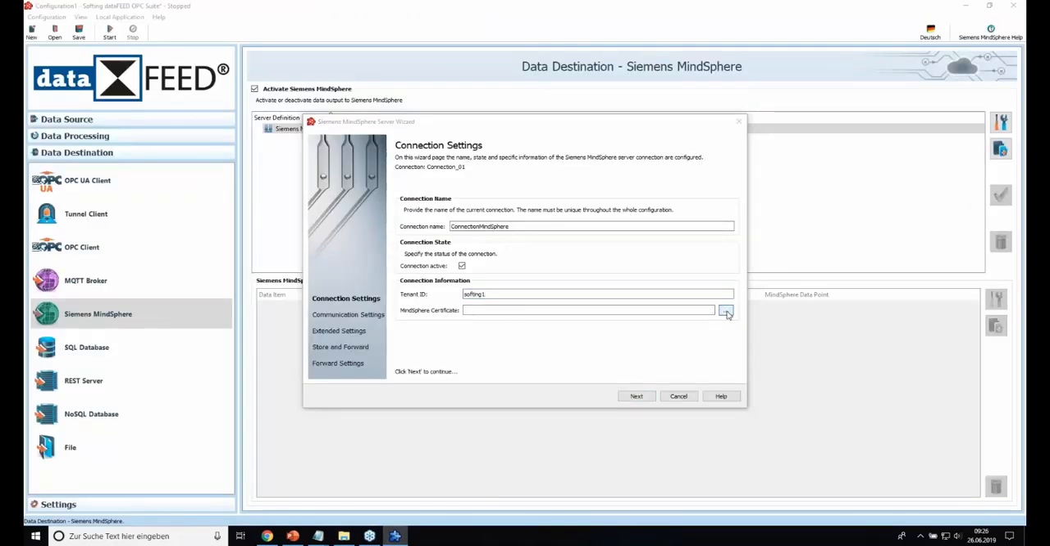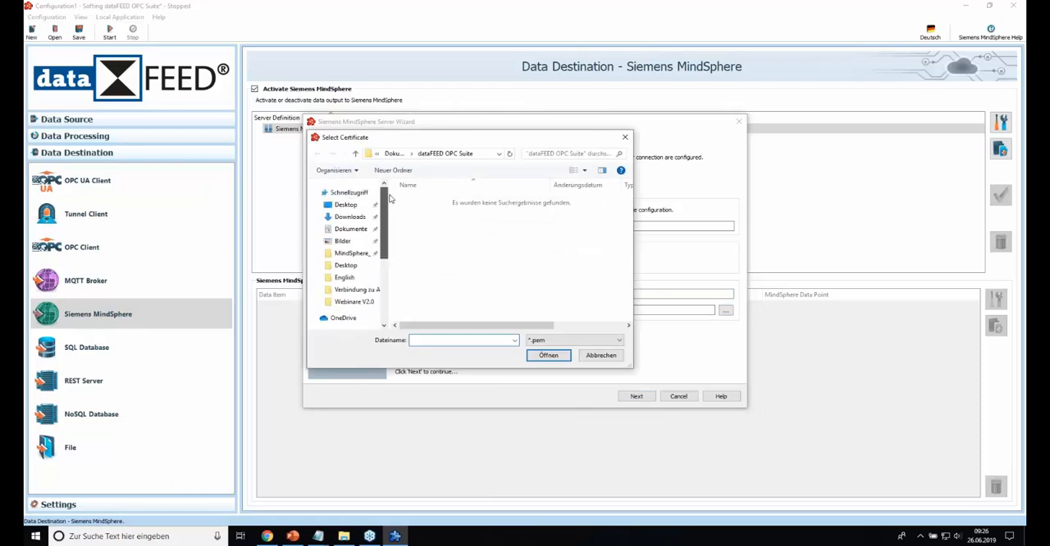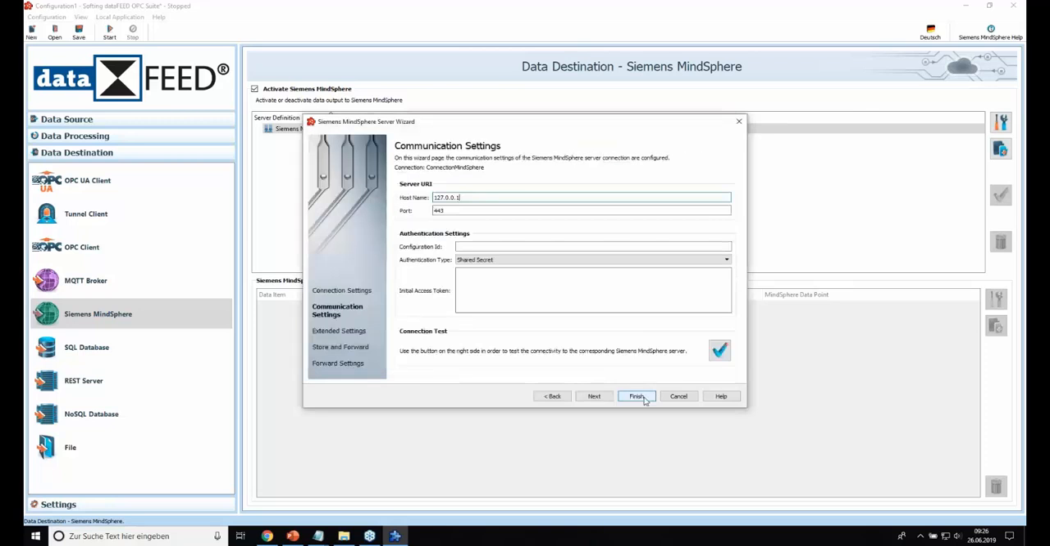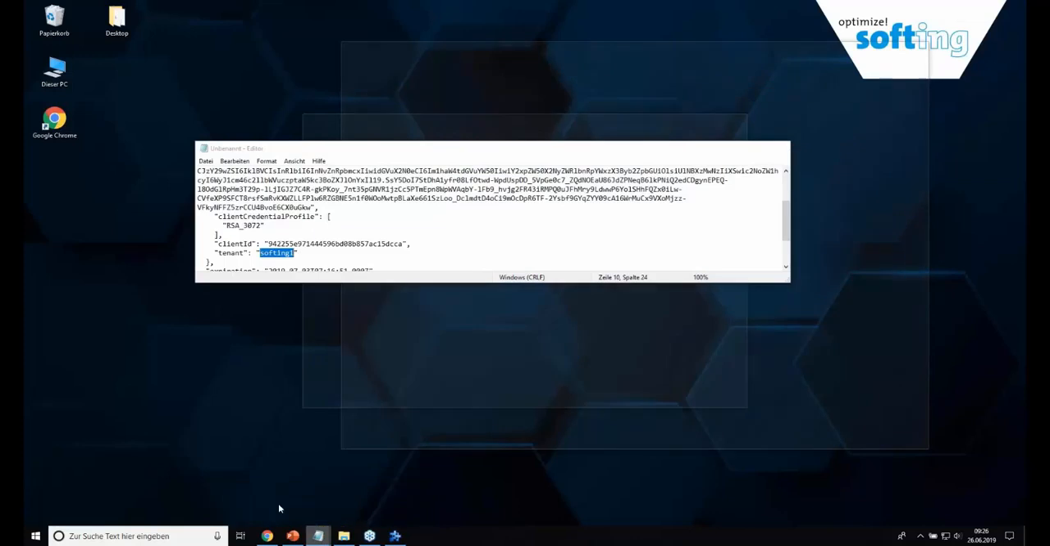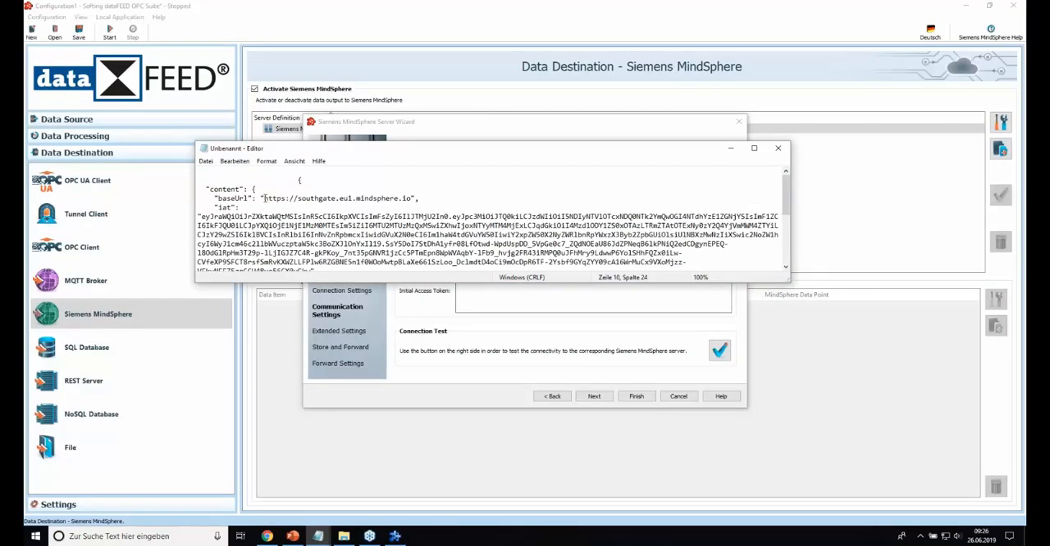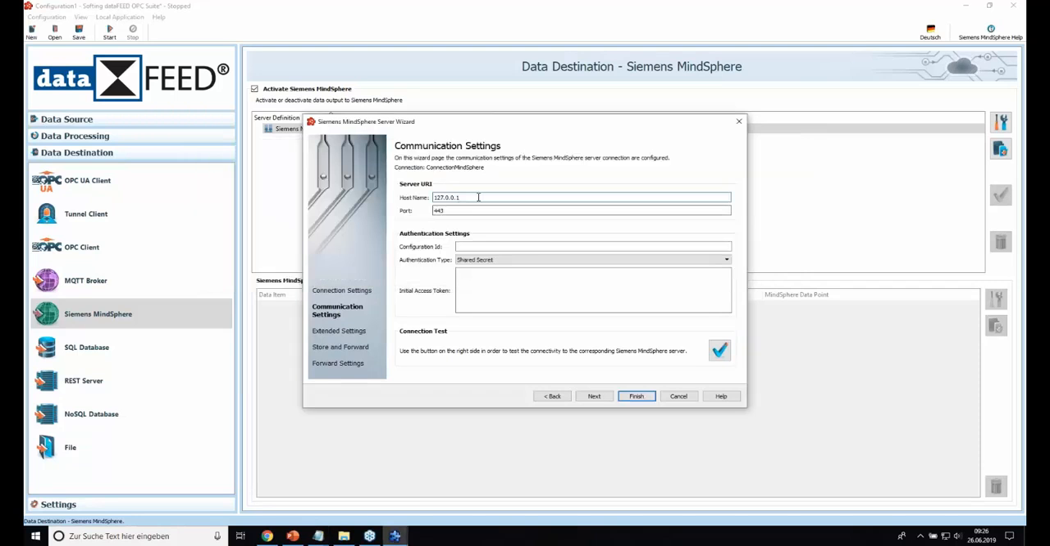So I can now import my certificate, which is that file here. I can proceed with the next page, and it's asking me for the host name. The host name can be found in that onboarding string. Again, it is the base URL. So I have to copy it and paste it. We don't have to change the port. The configuration ID,